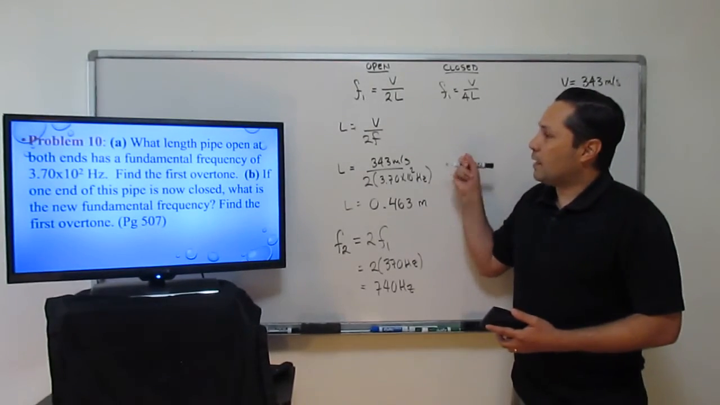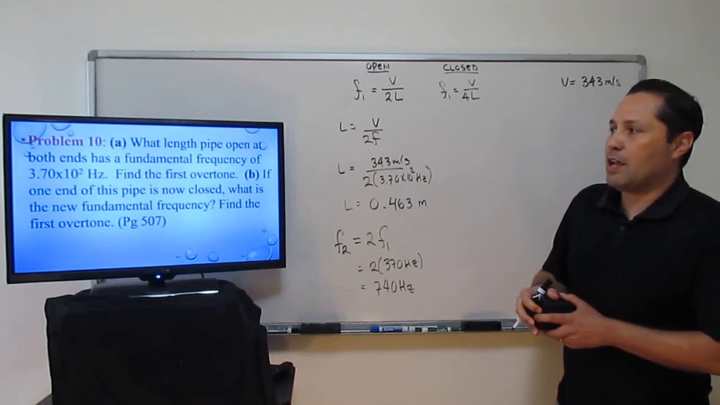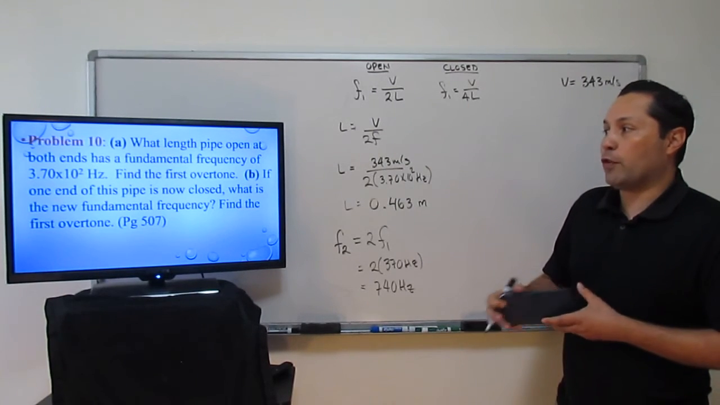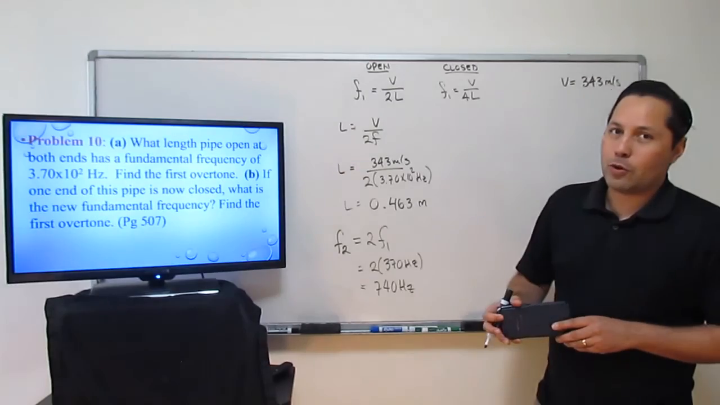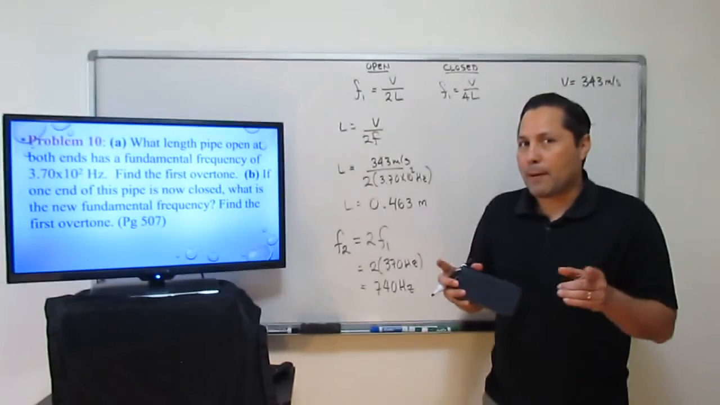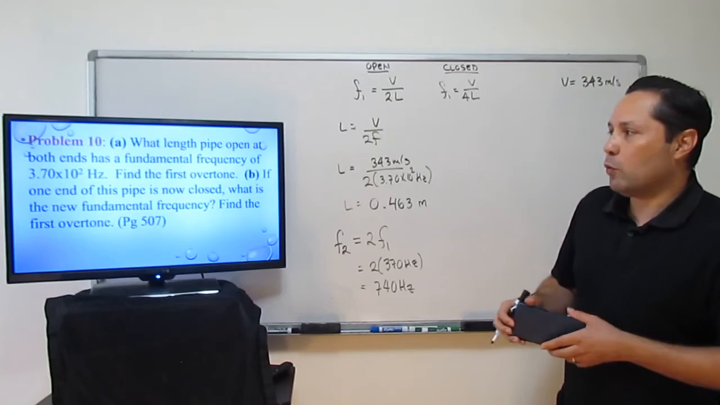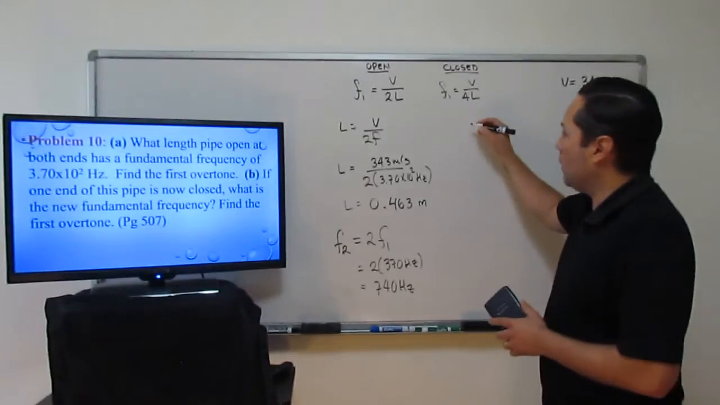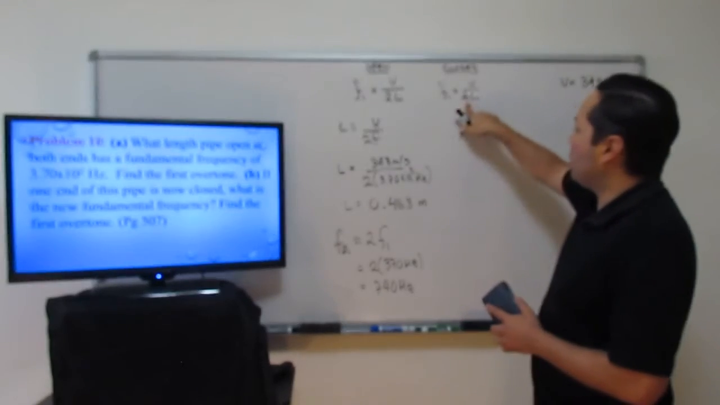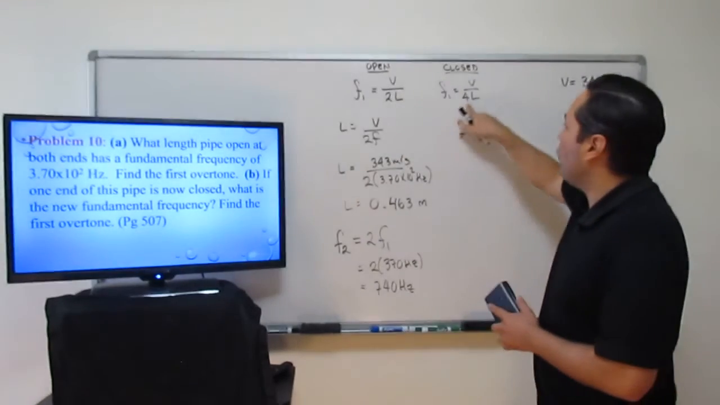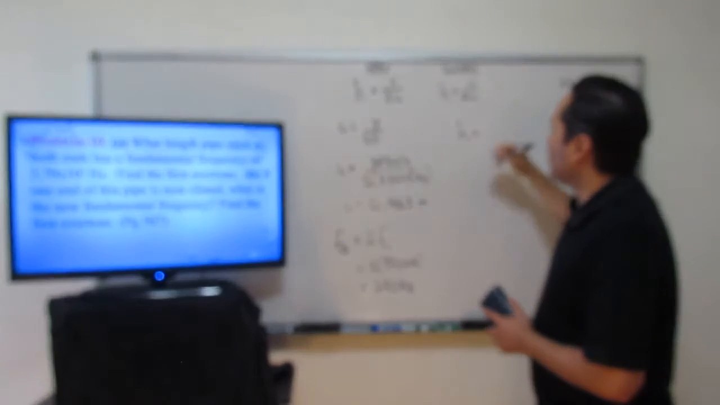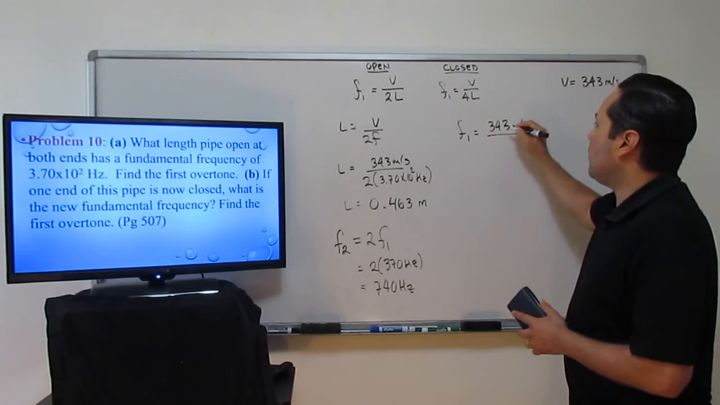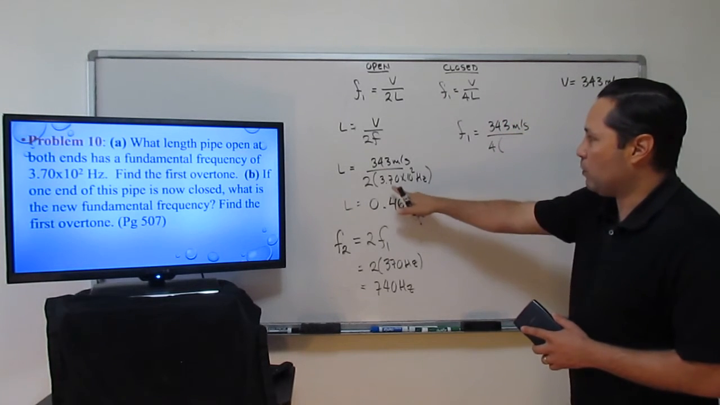Now, let's take a look at part B of this problem. It says if one end of the pipe is now closed, what is the new fundamental frequency? Alright, so we have the same length pipe, but now we close one end. So what is our new fundamental frequency? So now we use this formula. Because it's closed now, notice the difference. That's a 2 when it's open, 4 when it's closed. So the fundamental frequency will be 343 meters per second divided by 4 multiplied times the length, which you already found,